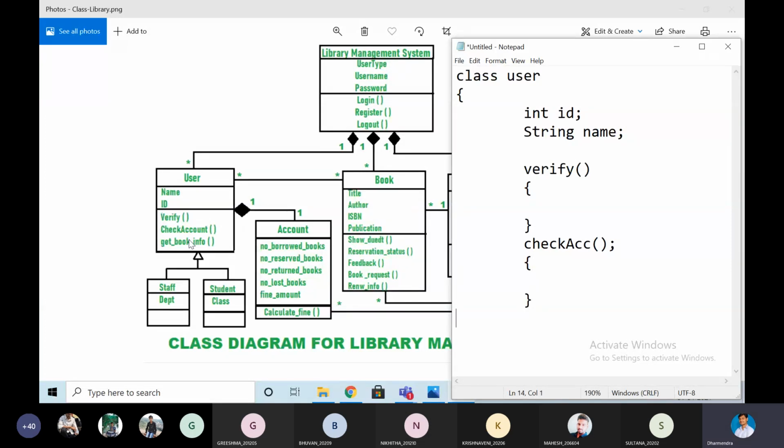So these are the functions, and this is a class. Based on this diagram the programming blocks will be created. Here they will have return type and all. They will keep some return types. While creating the class, some tools will be used to design the class diagram.